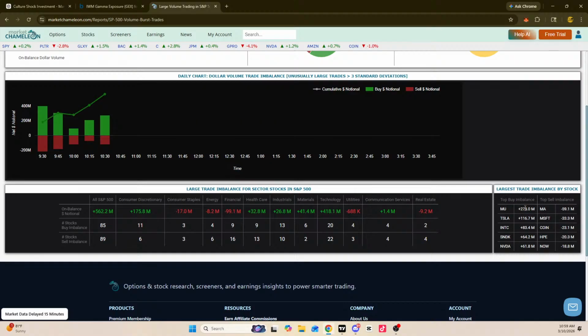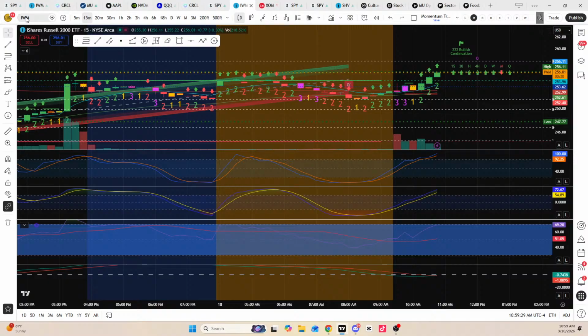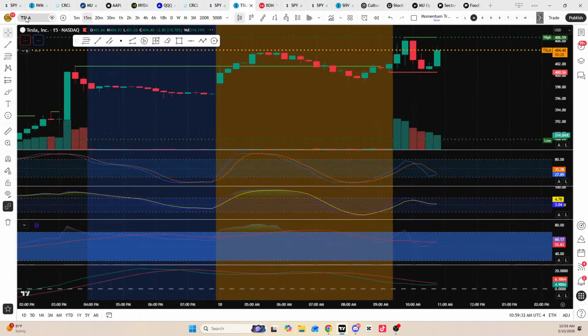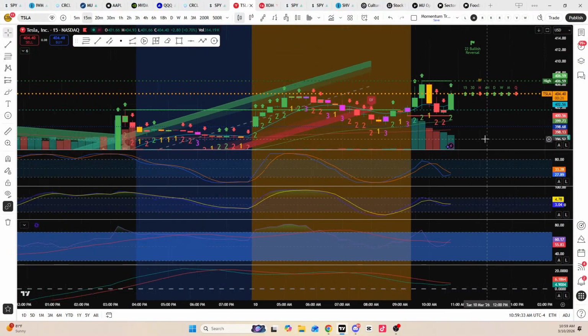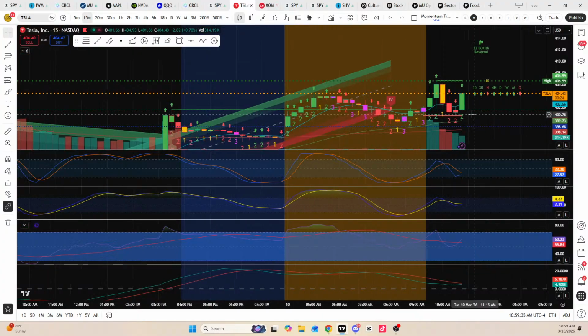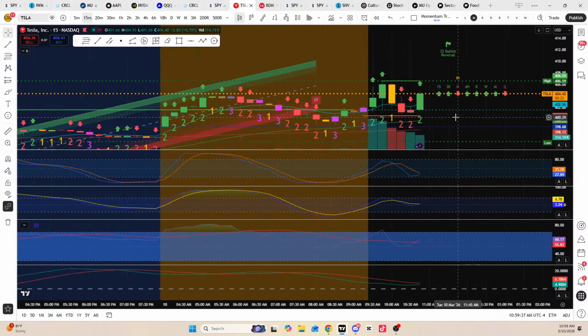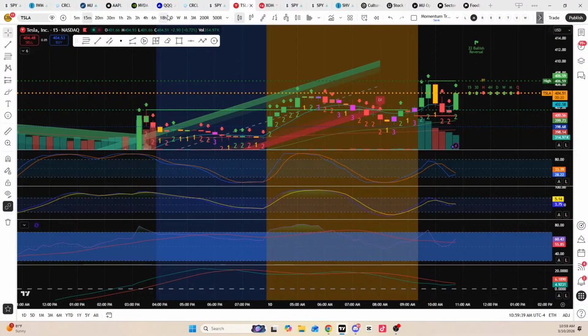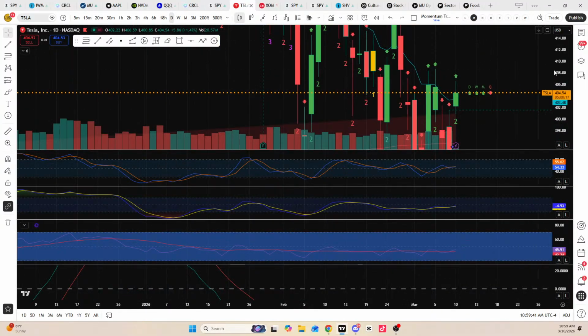Top buy imbalances on Micron, Tesla, Intel, SanDisk, and Nvidia. So let's see Tesla chart. Tesla should be pushing today then, if that is the case. Tesla is chopping, so there might be opportunity there. It got so much buy imbalance on Tesla today. Let's see what happened. It did gap up overnight. It refilled the gap back down. They touched the top wick up yesterday. So that gives it a retest and clarity to push up to, let's say, at least 408.